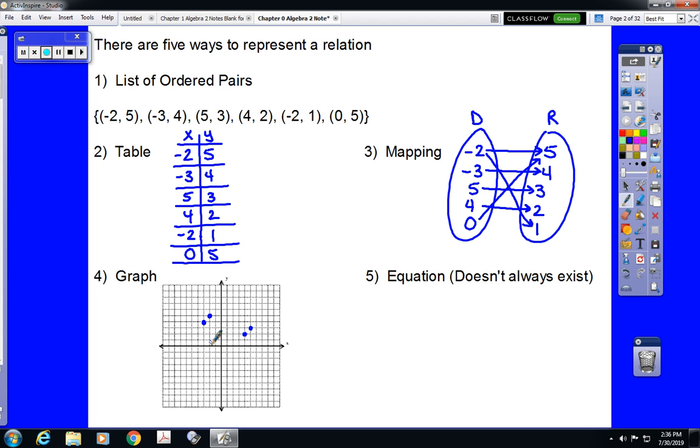-2, 1, which is left 2, up 1. And 0, 5, which is right or left 0, up 5. Notice I'm not connecting those points. I'm simply indicating that that point is part of this relation by drawing the point at the appropriate location. And as I mentioned before, this relation does not have